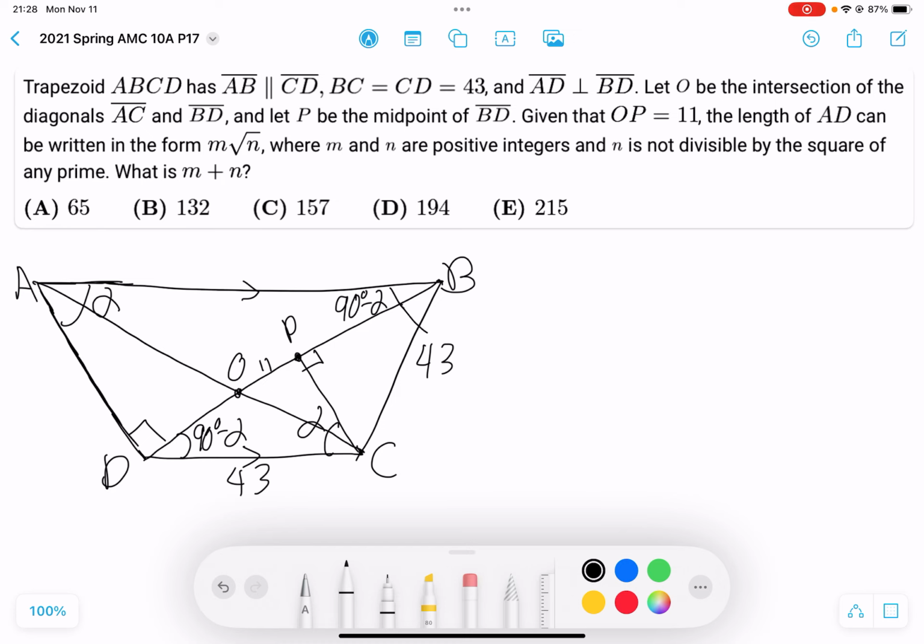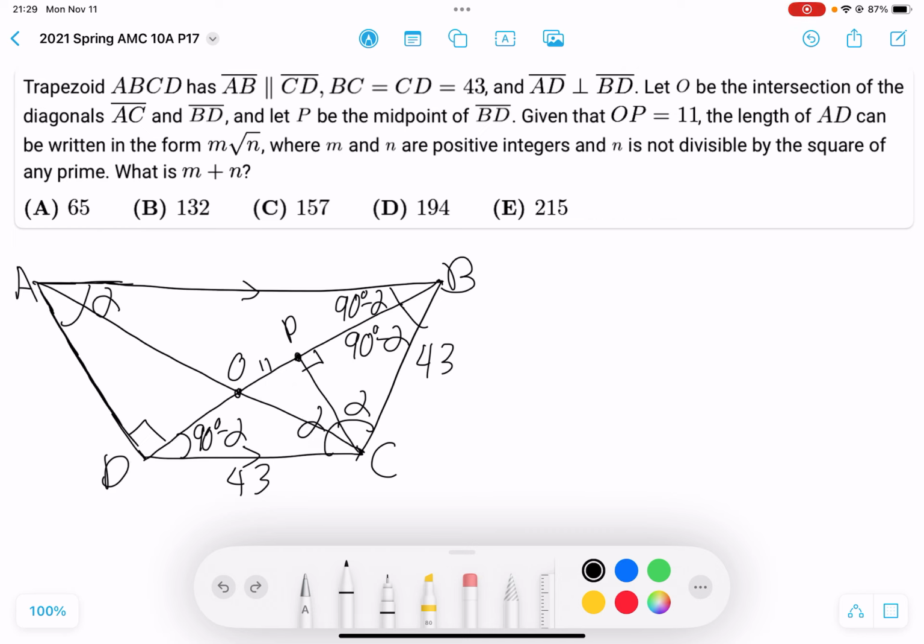Right? And since we know that that is also 90 degrees minus alpha because DBC is isosceles, so that is also alpha. And so we pretty much know it all. We know that PDC has 90 degrees minus alpha, alpha and 90 degrees. And ABD also has alpha, 90 degrees minus alpha, and also 90 degrees. So they're similar to each other. So since triangle DPC is similar to triangle ADB,